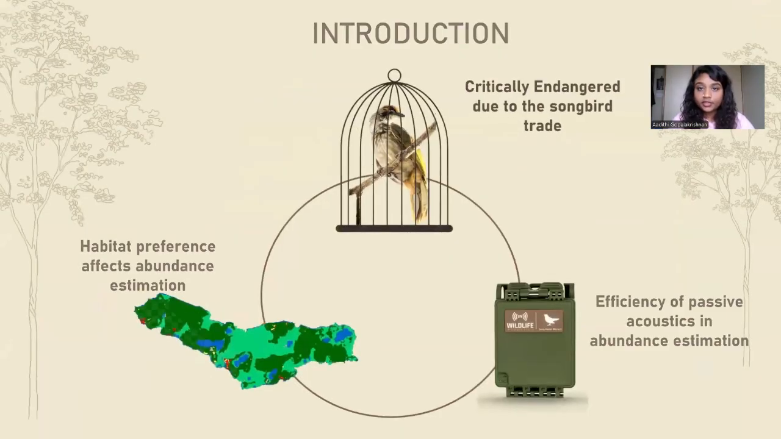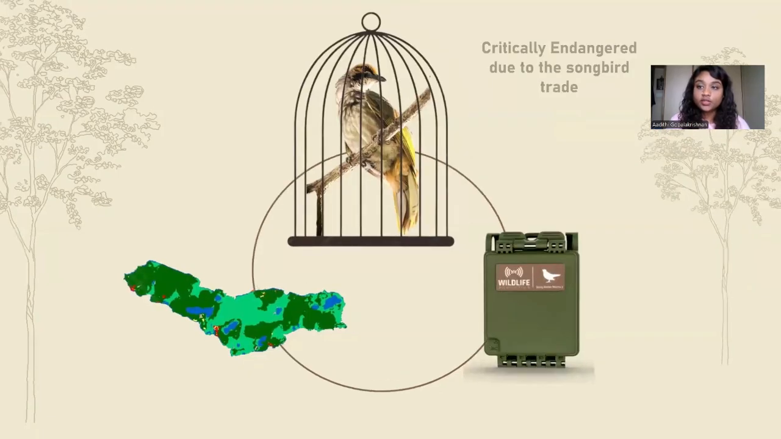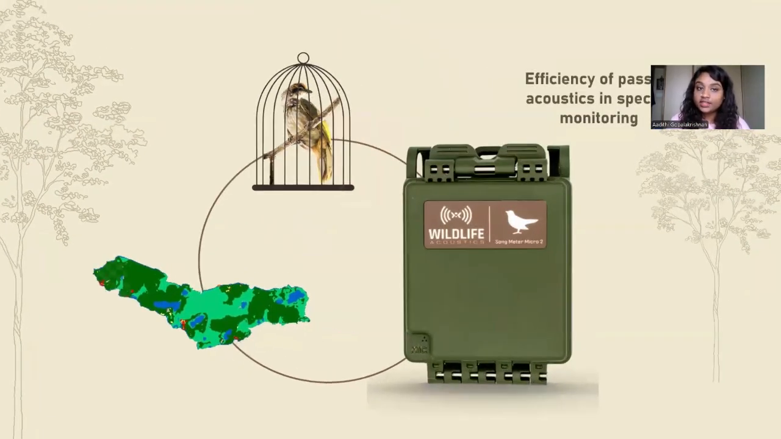So, just a brief introduction. The straw-headed bulbul is critically endangered due to the songbird trade that happens in Southeast Asia. So, these birds are highly valued for the duets that the male and female sing together. So, poachers usually catch them to enter them into song contests. So, the idea behind this was to use the very vocalizations and songs that have led to their decline to